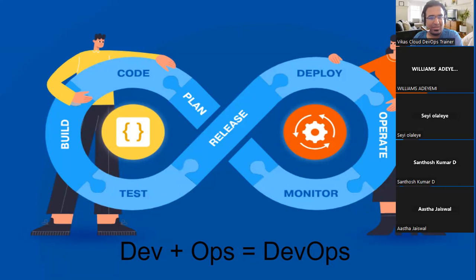Hello, Vikas. Can you hear me? Yes, I am able to. Okay, I think your voice was a little bit low. Oh, really? Your voice is not very clear. How about now? Now it's a little bit okay. Okay, all right. I think the question Mr. Williams was asking is how do you recognize a DevOps in an organization?